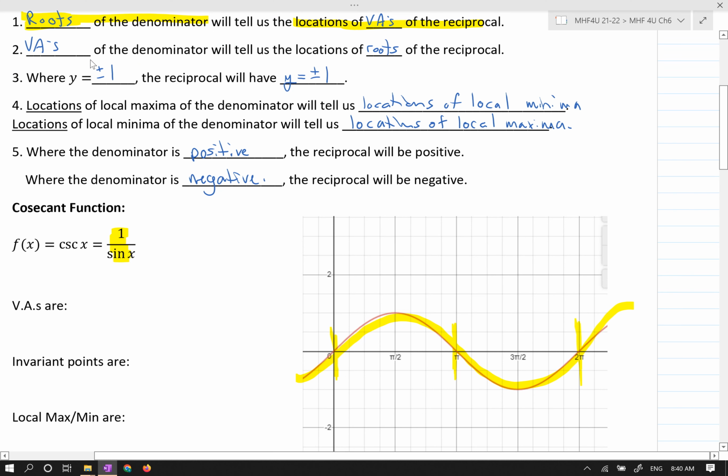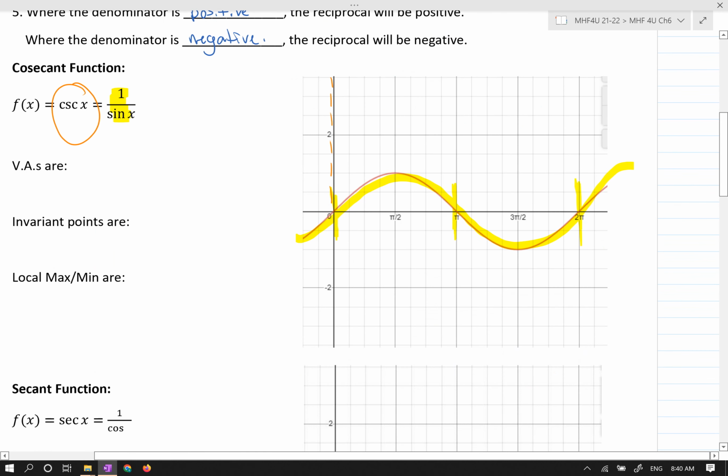Furthermore, these tell us already the locations of some vertical asymptotes for the cosecant of x given by 1 over the sine of x. So I'm working right here. Okay, so I would have a vertical asymptote at x equals 0. I would have a vertical asymptote at x equals pi right here. And I would have a vertical asymptote at x equals 2 pi right here. So in fact, my vertical asymptotes are where x is equal to 0, pi, 2 pi, etc.,